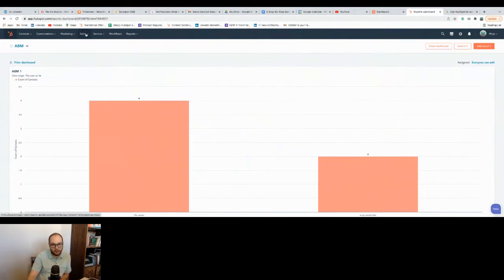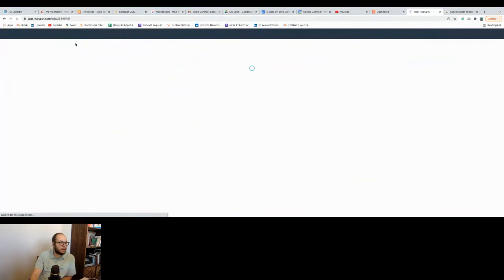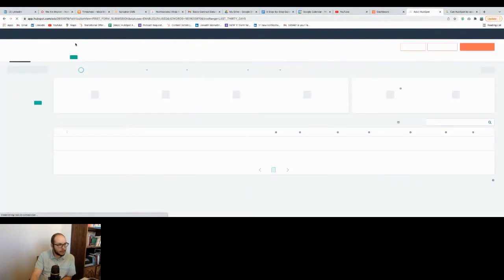So a couple tools that you can use. Our dummy portal doesn't have it, but right here you can specifically use sales sequences if you're doing cold outreach, but you can also do targeted workflow outreach, leveraging email automation. If you have the ads extension, which I think is either $100 or $1,000 a month, I can't remember off the top of my head, you can actually create an audience